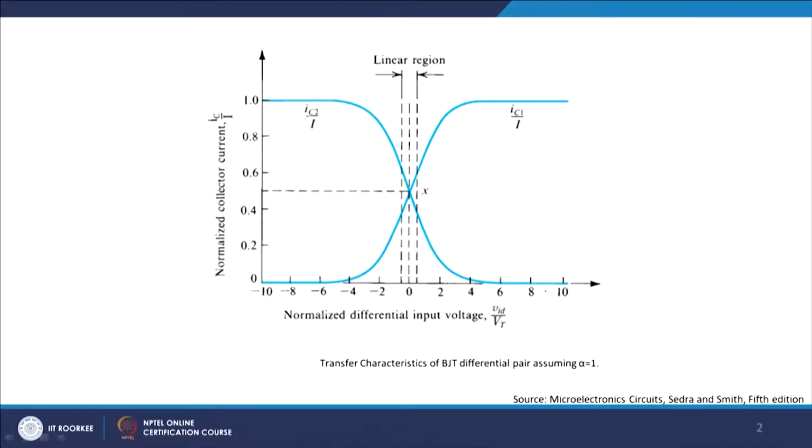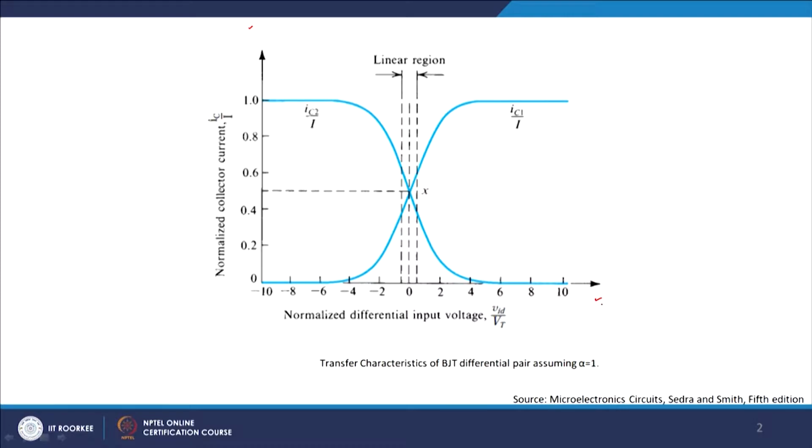In our previous module we had looked into differential amplifiers and we will start off from where we left, and let us look at the transfer characteristics. As we discussed in the previous turn, this is basically the plot between collector current, normalized with respect to the difference voltage, normalized with respect to the thermal equivalent voltage, which is Vt, 25 millivolts. If you go to extreme right, as you can see, you will see that the Q2